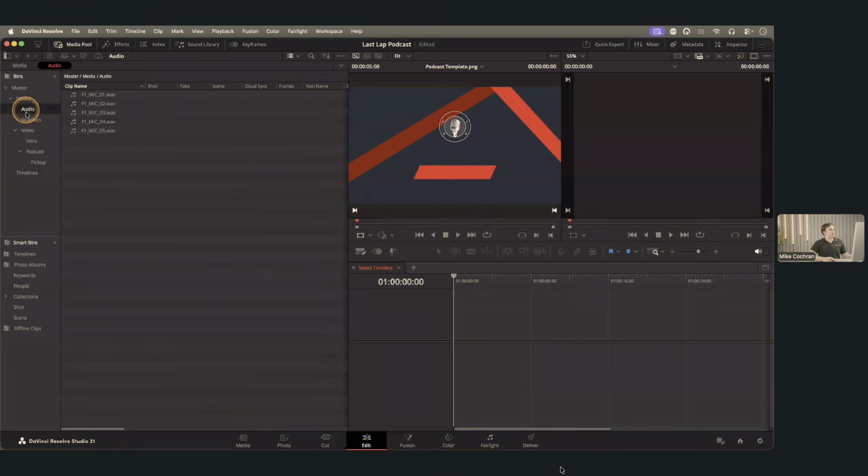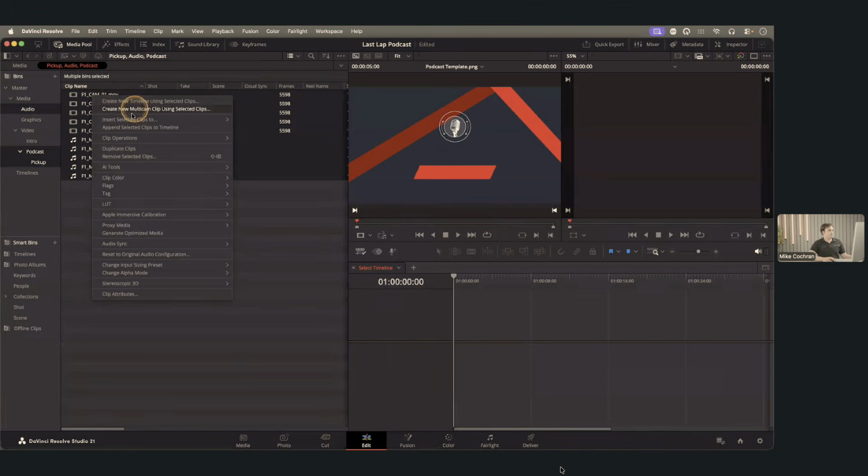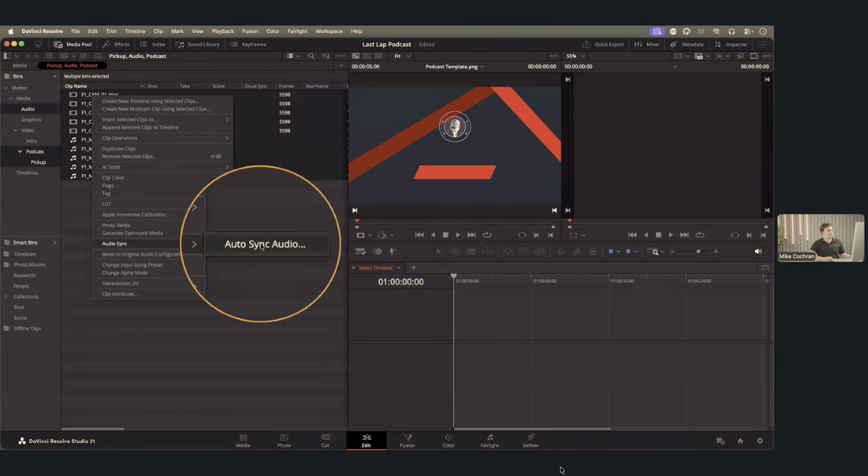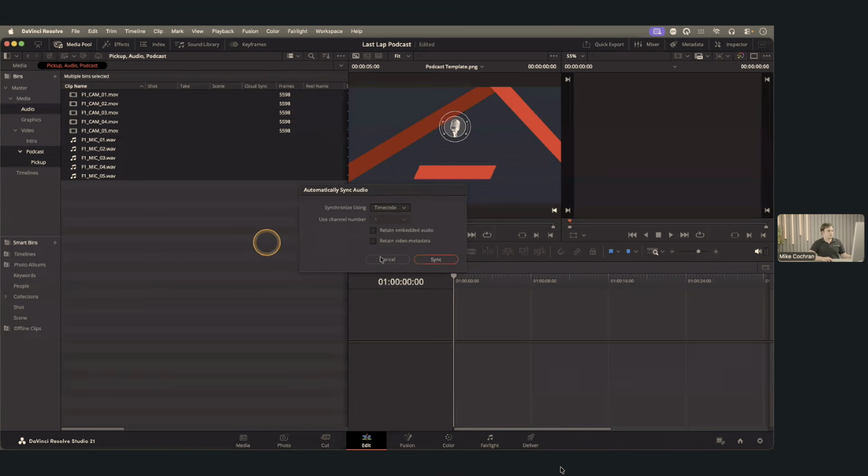So if I open up my audio bin and then I open up my video podcast bin, including my pickup shot there that I have, I've got 5 audio clips and then I've got 5 video clips. If I then select these clips and right click, I can then go to the auto sync, and then you'll see here you can go to the auto sync audio. So if I do that,